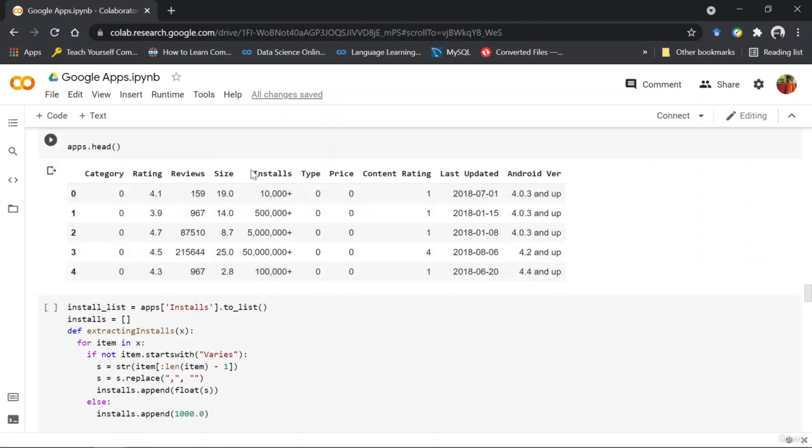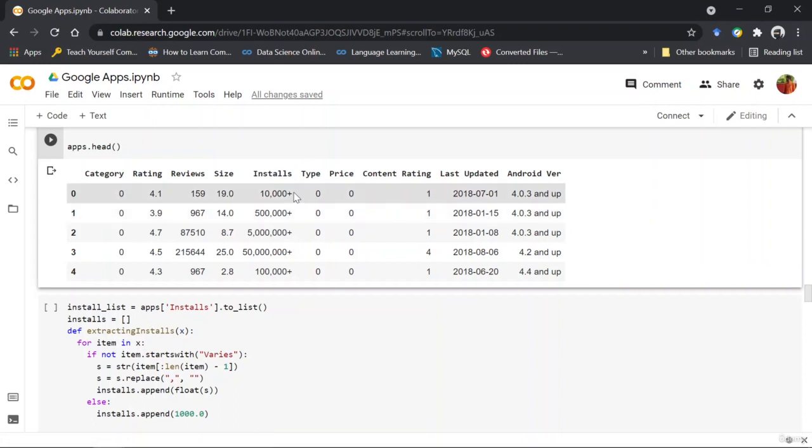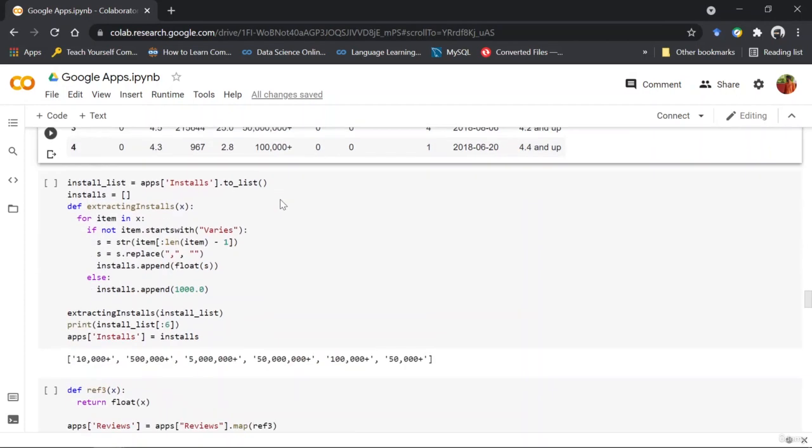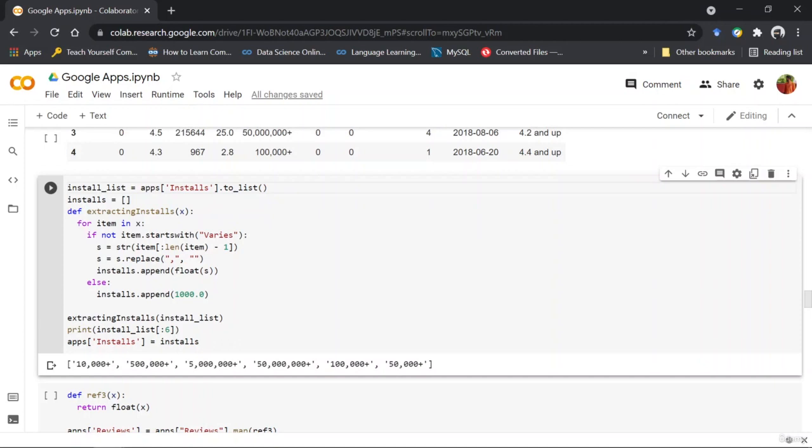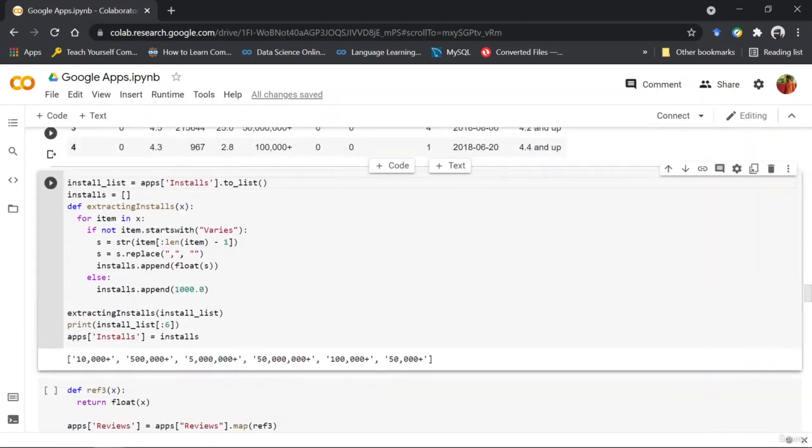So next we work upon installs. In this column again we have to remove this plus sign and convert the rest of the string into a number. So what we have done is that we have created another function. What I've done here is that first I converted the app data into a list, right? This list contains all these values. Then I'm calling this function, and for each value that is present inside this list,